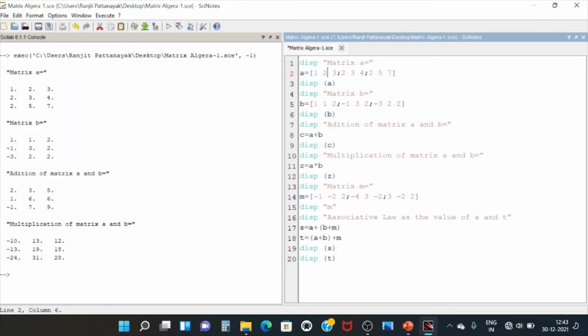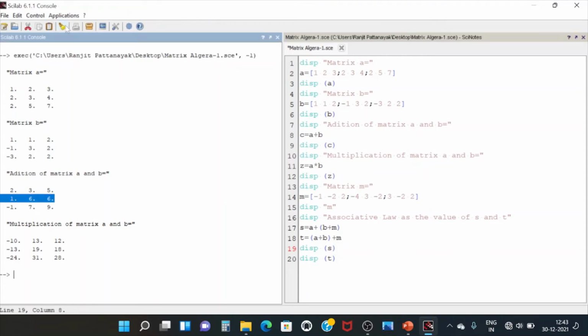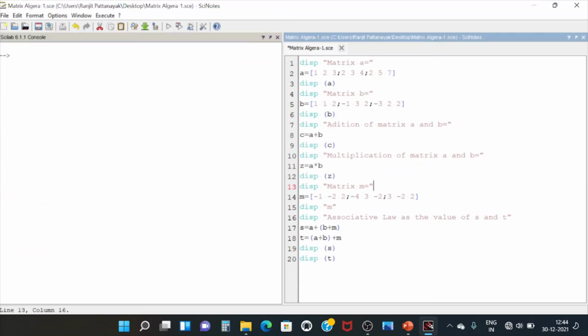Okay, so here if I run these codes, it will display matrix A, B and M, and addition of the matrix, multiplication of the matrix, and associative law also. So we have to run it. First I have to clear this console window, and then run these codes.